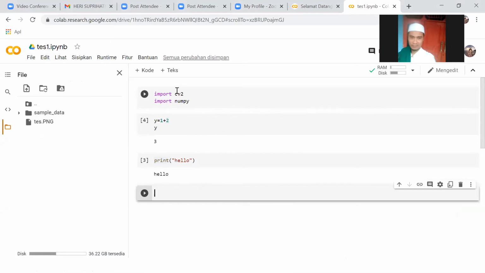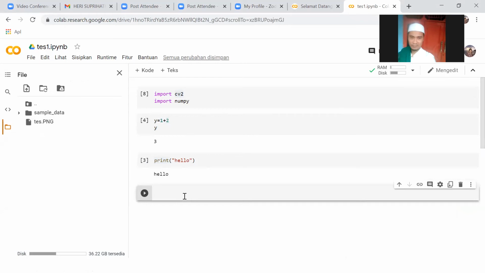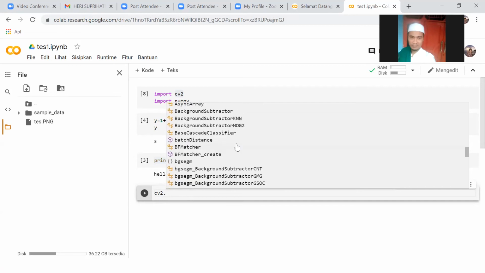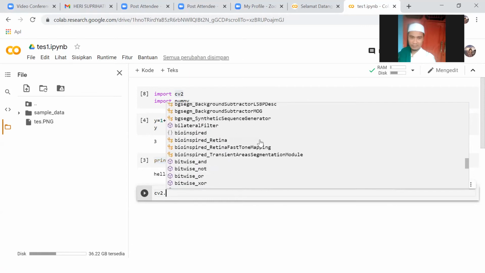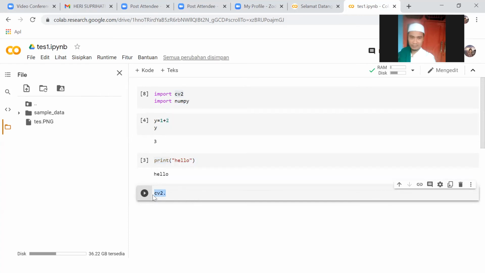How to use a library? It's easy because in Google Colab there is a help. For example, if I type cv2 and dot, there is another facility or function that is available for, for example, the cv2 library. Okay, for example, I want to read the image.